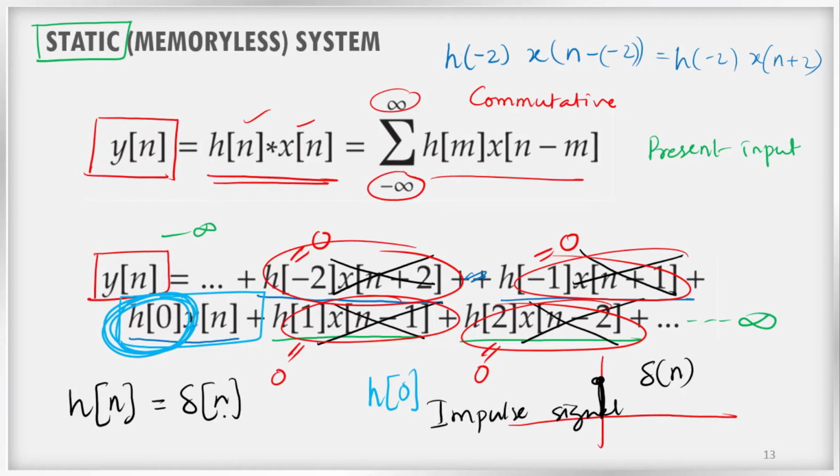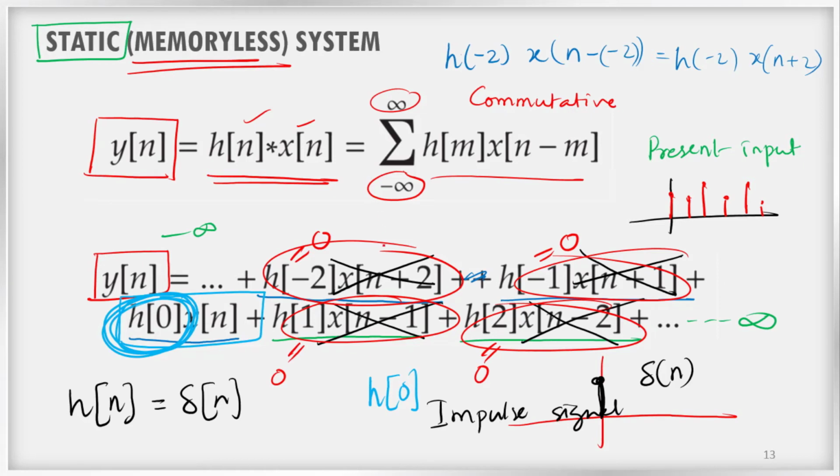If the impulse response of a system is just an impulse, right? We have already discussed impulse response. Most of the time, the impulse response will last for more than t equal to 0. It may last for a longer time, even going to infinity. That is the case of a general impulse response. But here it is a special case. We are considering the static or memoryless system, right?